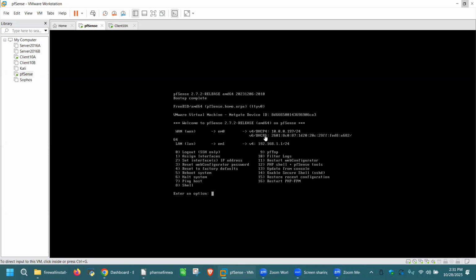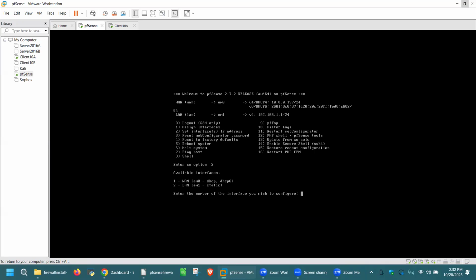And if you look closely here, we can see that we have these two networks available here, one WAN and one LAN. Both of them marked as Ethernet 0 and 1, which the system is choosing to use as our DHCP and LAN services. Now we're going to change the IP address interface to match our Class A network, which our client machine is currently on, which is the 10.0.0.0 network. So from our menu here, we're going to go ahead and select option 2, set interface IP address. So if I just enter 2,